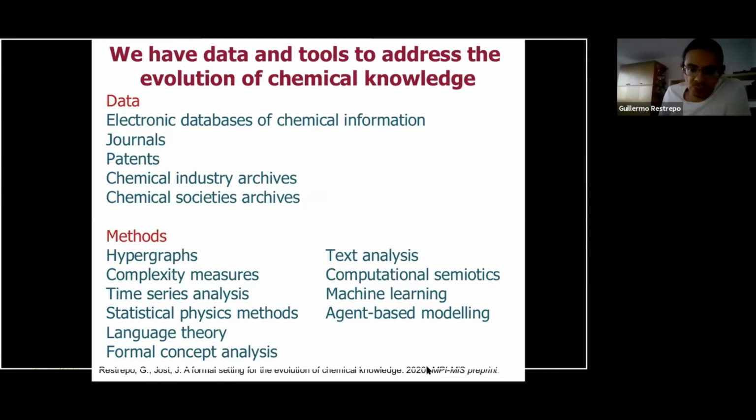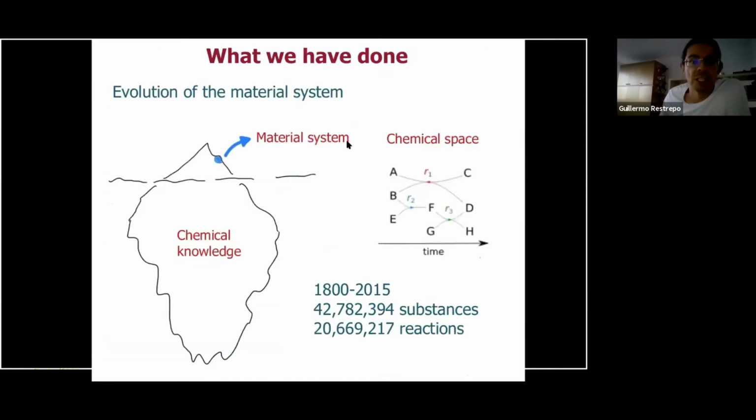This publication, which is becoming a book, is a preprint you can already read. It is a kind of summary of the book. We mention these and several other methods that can be used nowadays to analyze chemical information and that bring some information about the evolution of chemical knowledge. I don't want to read this, but those are some mathematical methods that could be used to analyze chemical information. Then I'm going to discuss some results about that.